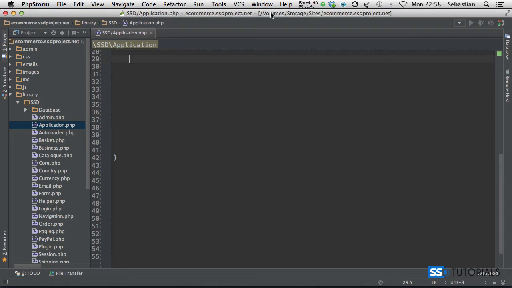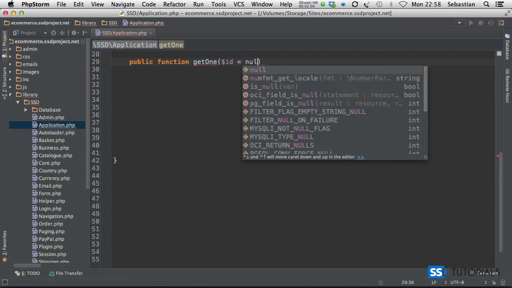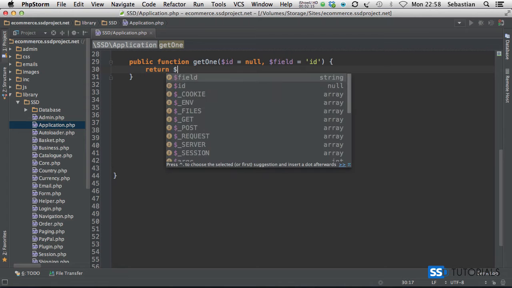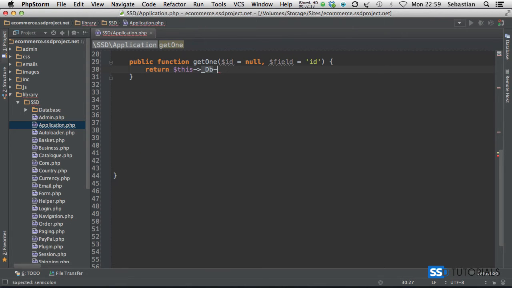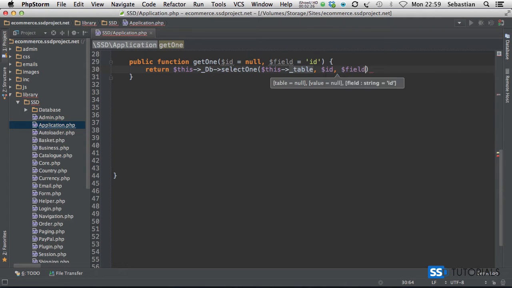Let's scroll down and create a few new methods, which we're going to be sharing with all the classes that extend our application class. The first one will be called select one. So rather than select one it is get one. So public function get one, and we're going to pass the ID of the record we want to get and field, which is optional. By default it's going to be ID. And now we simply return this underscore DB select one. We specify this underscore table, and then ID, and the last one is the field, and that's all we have